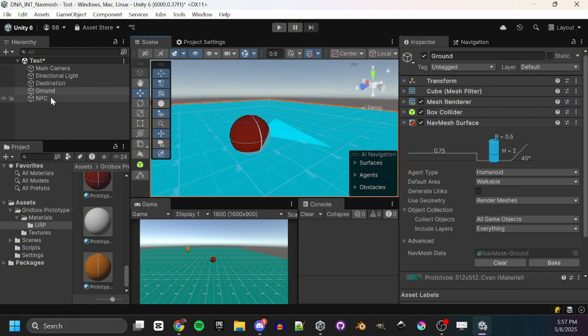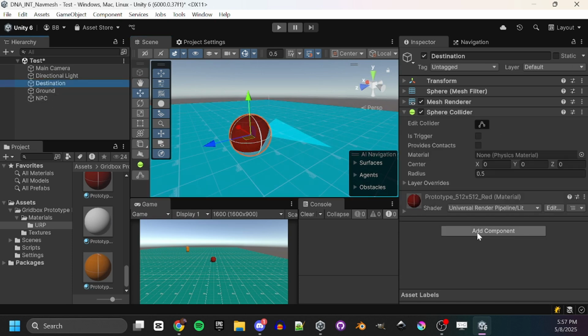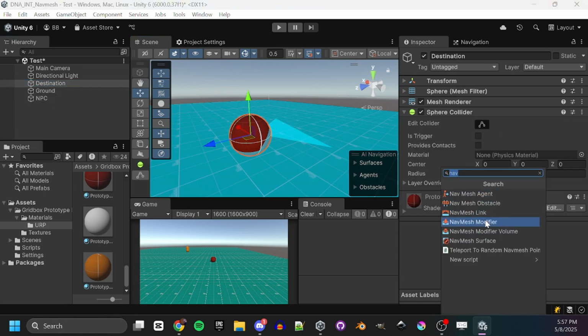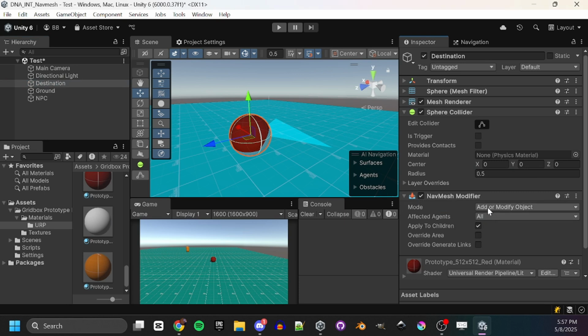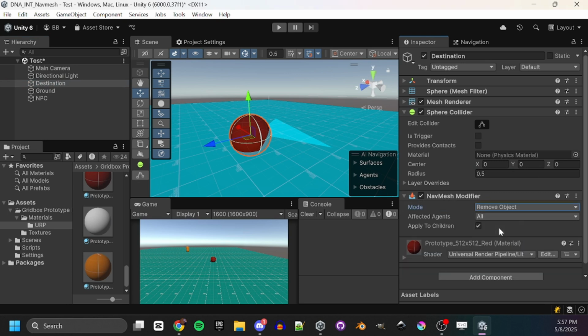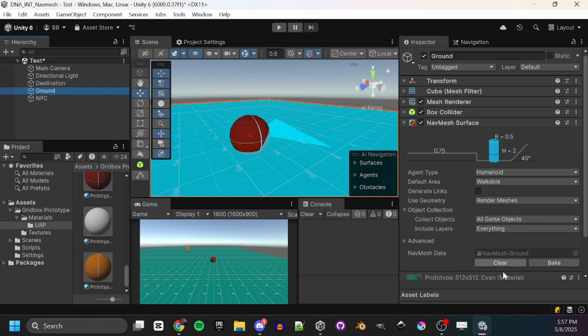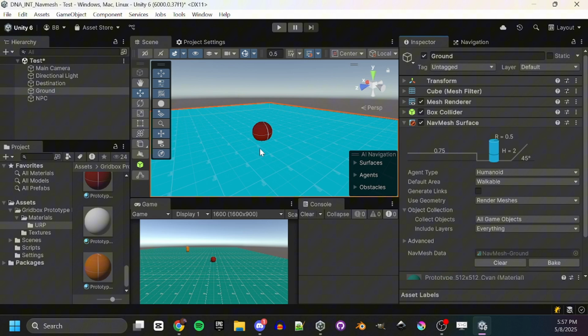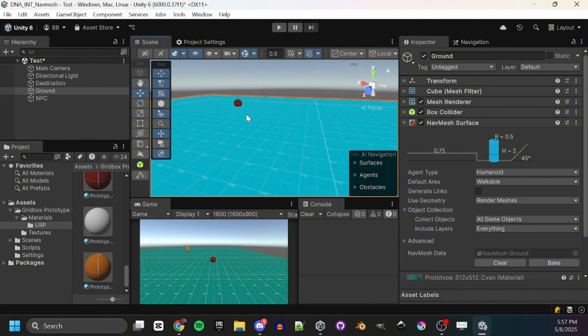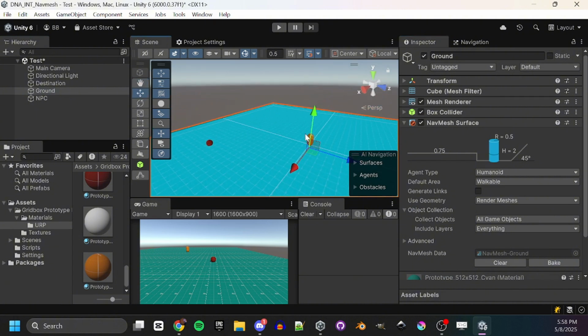So if we do that for our destination as well, we do add component, NavMesh modifier, switch it to remove. Now go back to our ground and bake the NavMesh, that wonkiness goes away. So now we have the basics that we need,